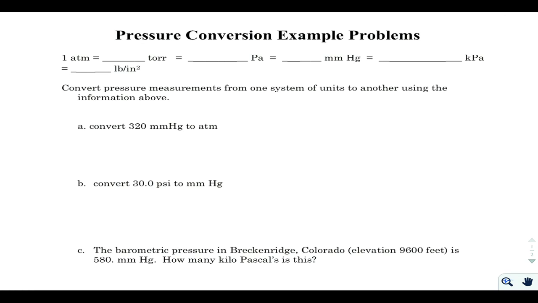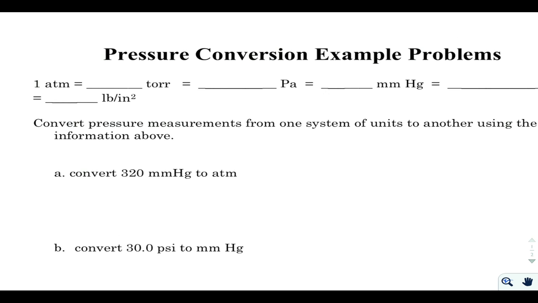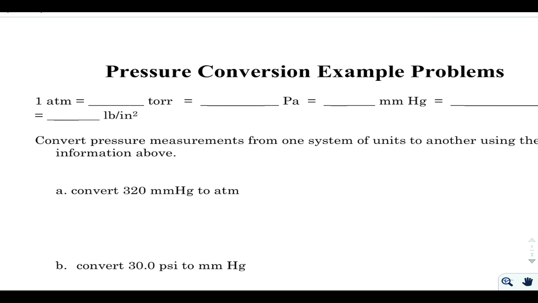This short video is just to go through 3 examples on how to convert between different types of atmospheric pressure. So first thing you need to know, and this was in the PowerPoint, you need to have the conversion factors. So we see up at the top that 1 ATM equals, and 1 ATM equals